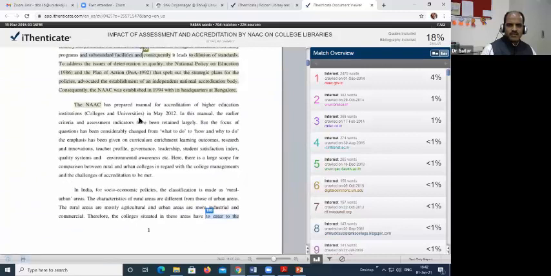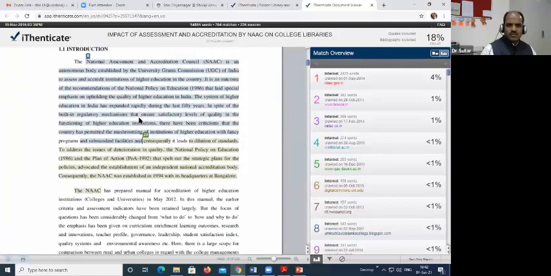Now one thing I will tell you. See, this is plagiarism. Why? In the initial stage, she has tried to show what NAAC and UGC are, and these are words she has taken as they are from another source. She has not quoted it. She has not given a reference to this, and that's why it is plagiarism.